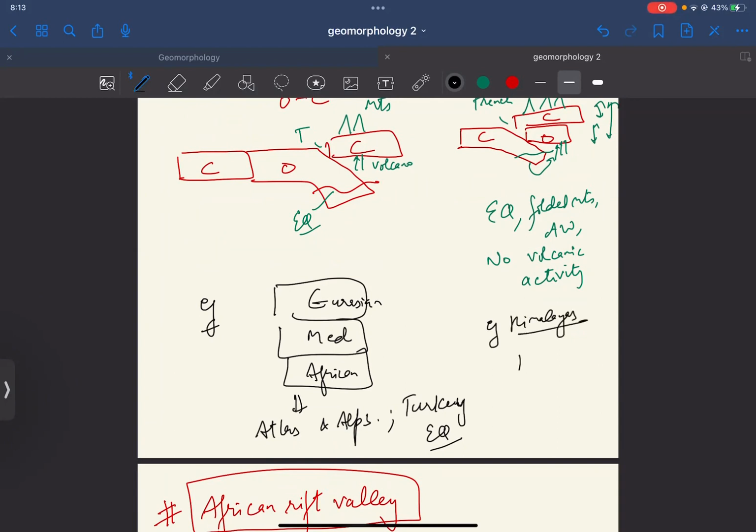Then the best example of phase two areas, where phase two of continent convergence has been reached: Himalayas. How have the Himalayas been formed? By the Eurasian plate and the Indo-Australian plate. These have been formed, and we know in the Himalayas we have high mountains, Mount Everest and all, but there is